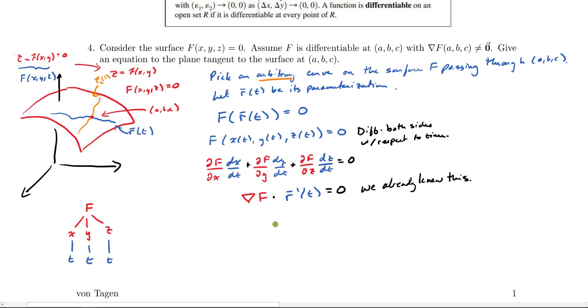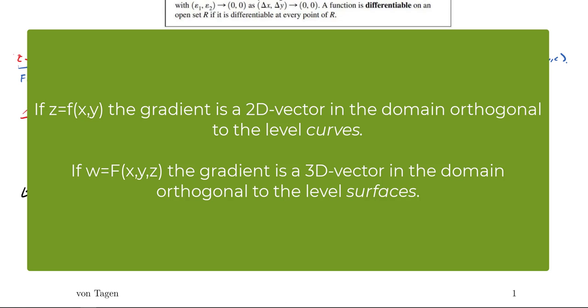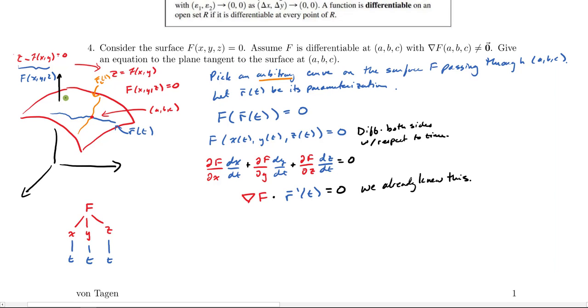Why did we know that was going to happen? Well, the gradient is always orthogonal to, if we're doing a 2D gradient, a level curve. But here we are with a 3D function, meaning that the gradient is always orthogonal to a level surface. So what I'm saying there is at any point, if you were to compute the gradient, the vector is always orthogonal to that level surface. So at our particular point, this would be the gradient. That's getting a little bit messy now. That's the gradient of f of a, b, c, and it's orthogonal to